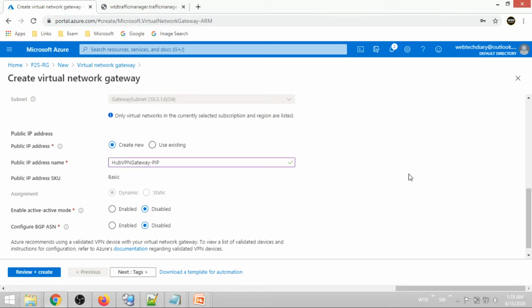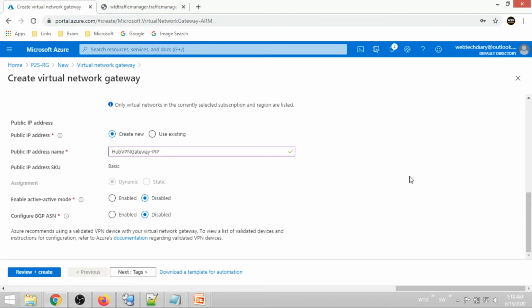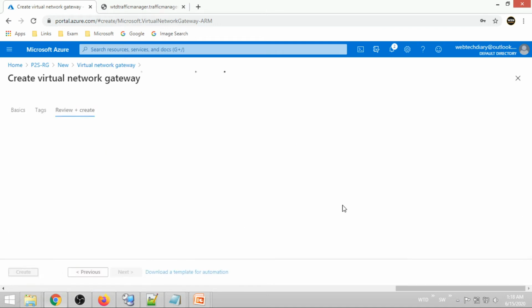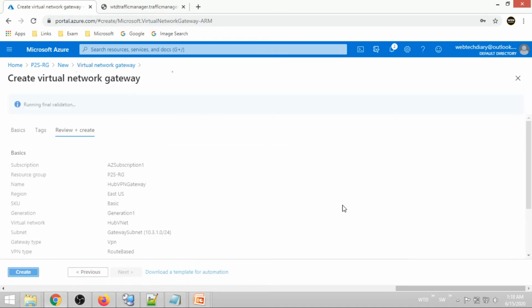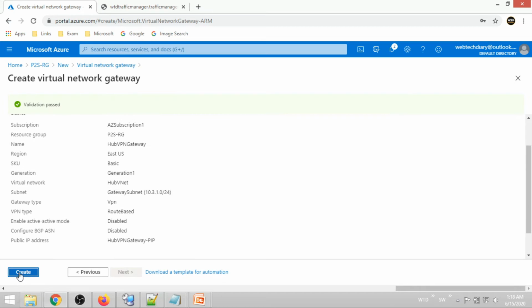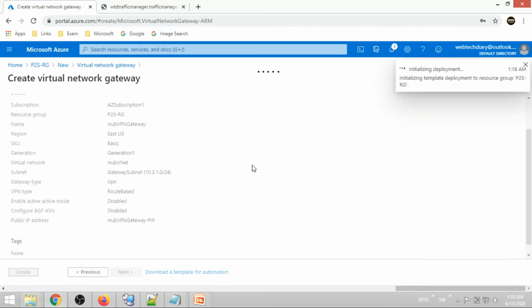The public IP address will be given a name. We are not going to enable any active mode or BGP ASN. We want to create. So we are good. Let us create this VPN.